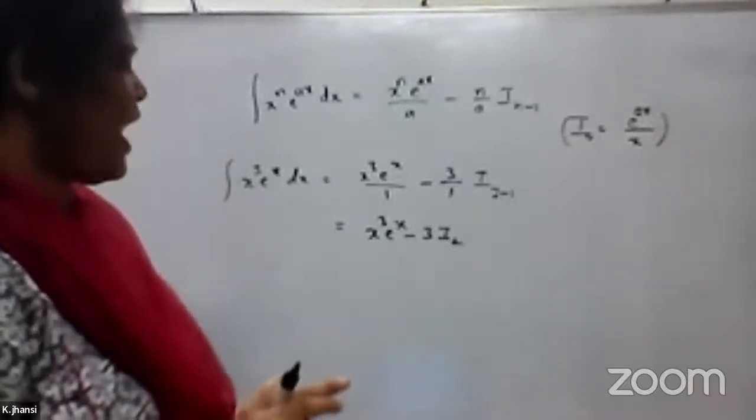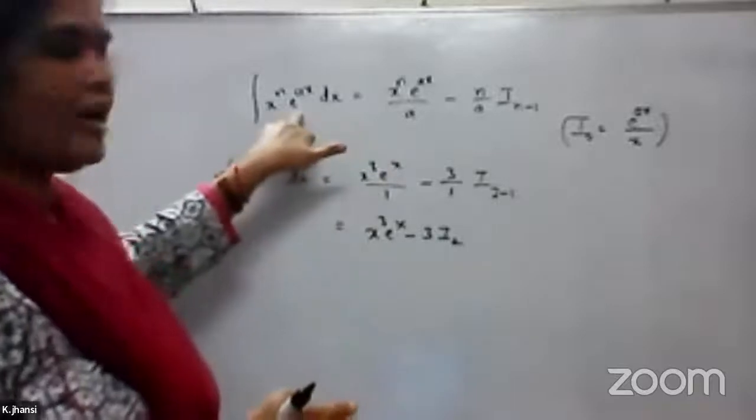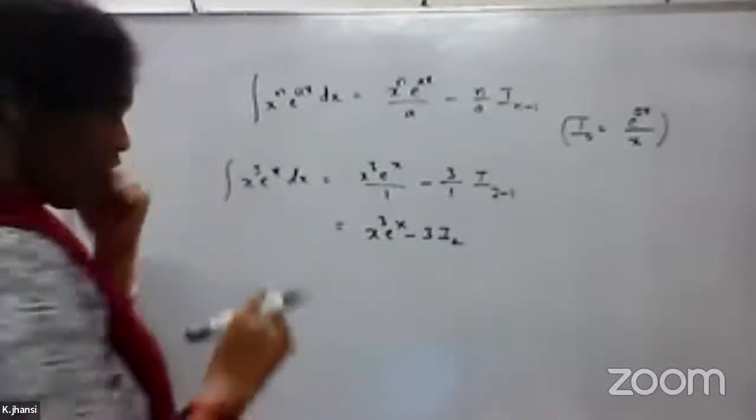Okay. So this is I2. Again we have to substitute here I2 value in this. So you will get I2 equals to